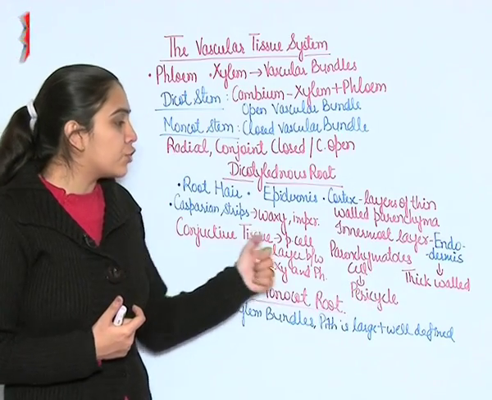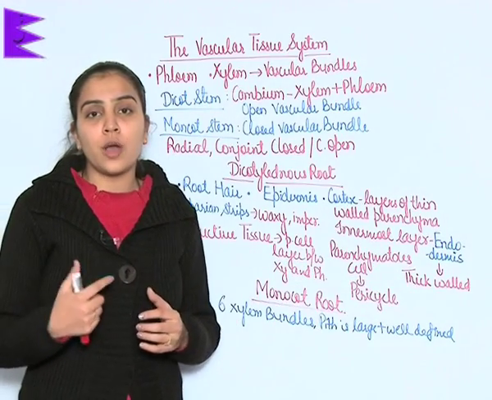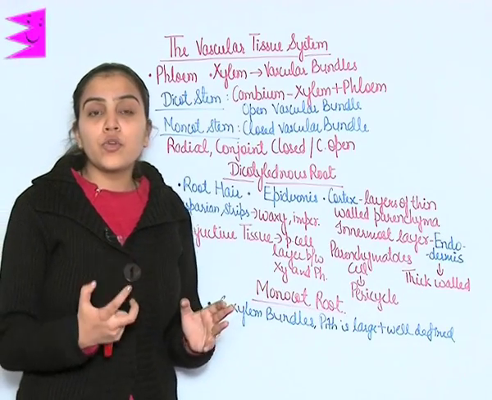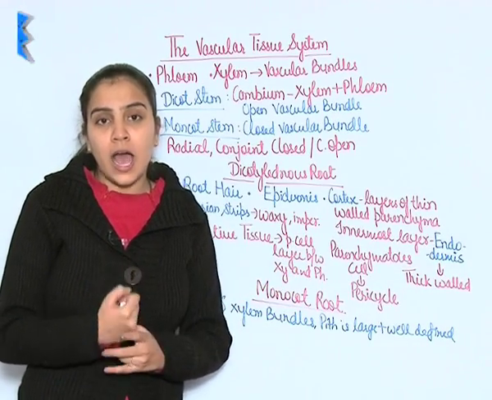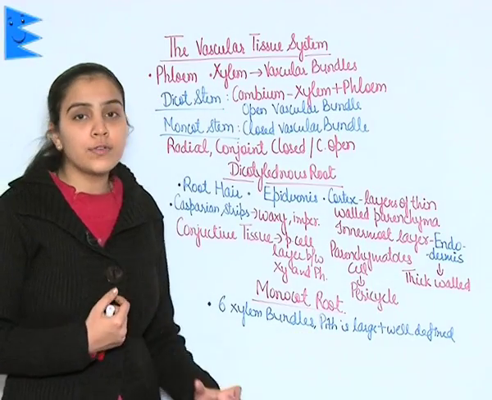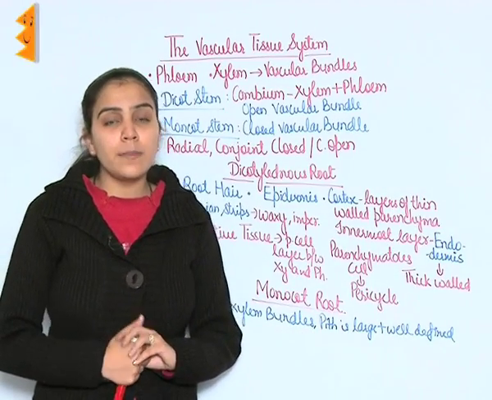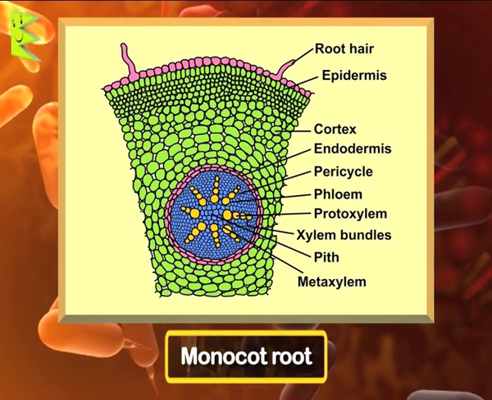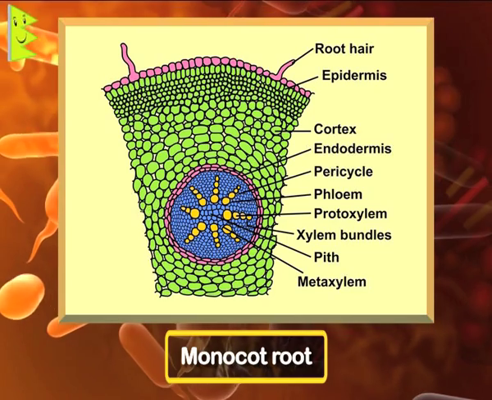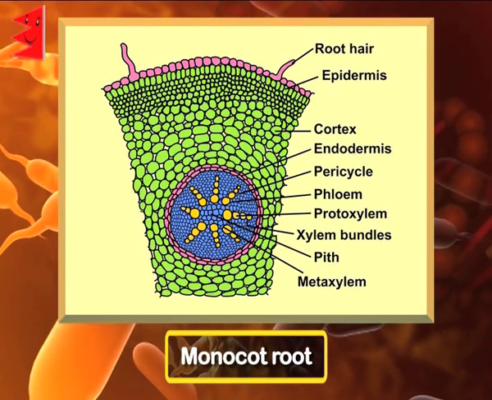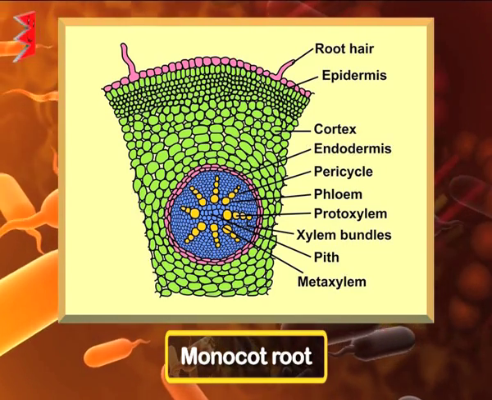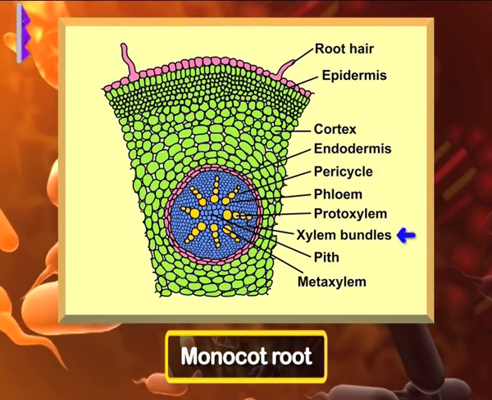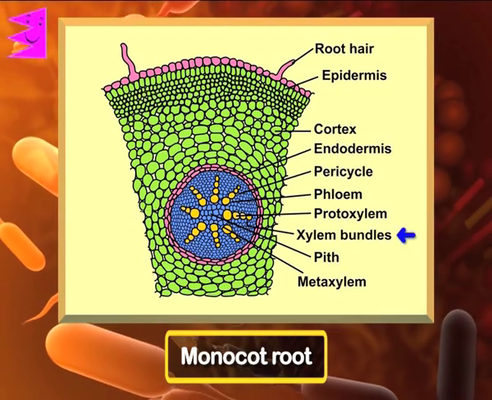Pericycle, conjunctive tissue, and endodermis together form the stele, and in this case few xylems are present. Monocot root, you can see in the diagram, it also has root hair, epidermis, cortex, endodermis, etc. The only difference is that it has more xylem bundles than in dicot root, that is 6 xylem bundles